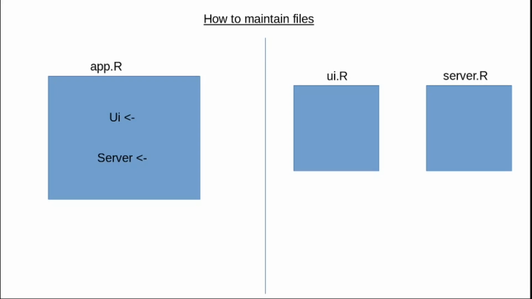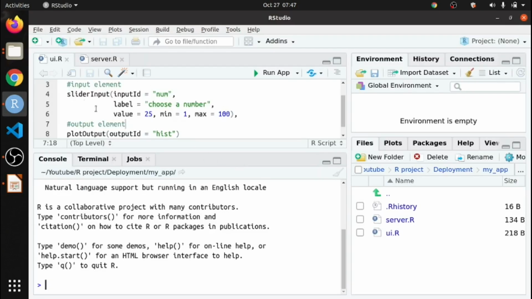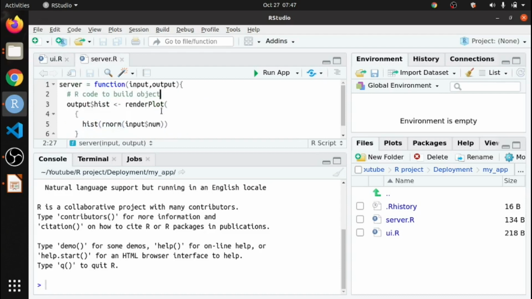I will give you the demo. This is my computer, and this is the folder. Inside this I wrote two files. I just open them. Here you write the input element, and here the output element. In server.R you write the R code to build the object.